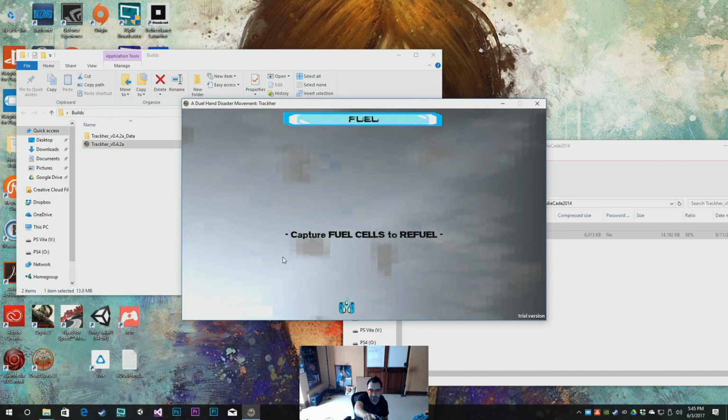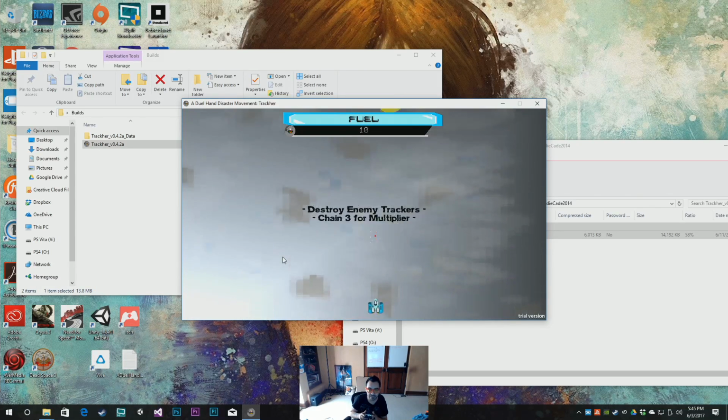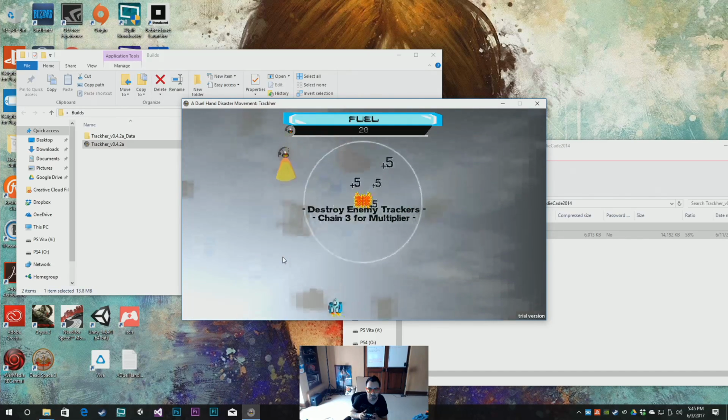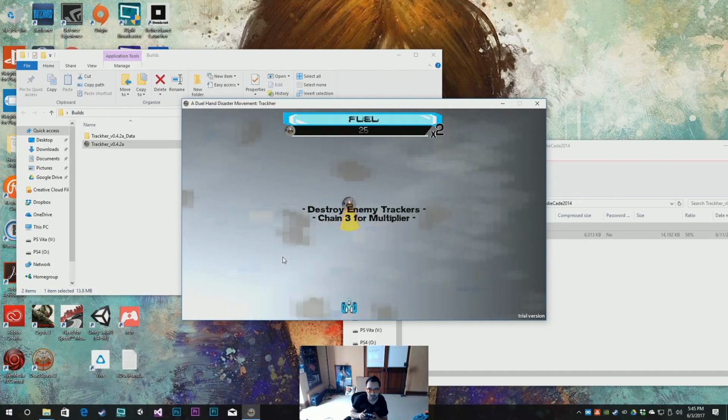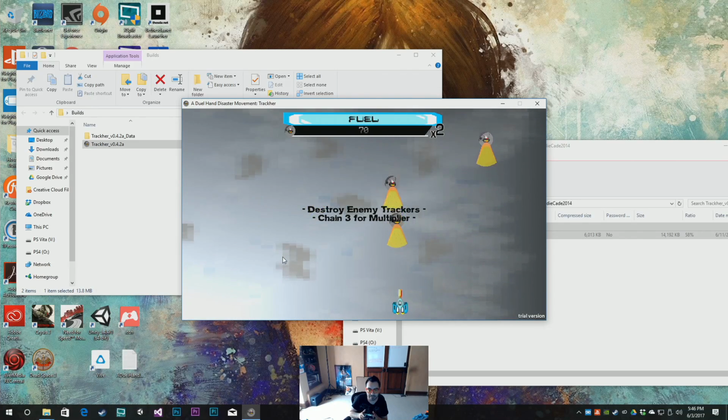If you notice, look at the ship, and when I get to a certain point, it flickers because it's trying to... I hadn't figured out the animation yet, so I had to reset it. There we go. So it's left shoulder. Okay. Now chain 3 with a single shot, each for a multiplier. Lost multiplier. Okay. So yeah, and then, you know,